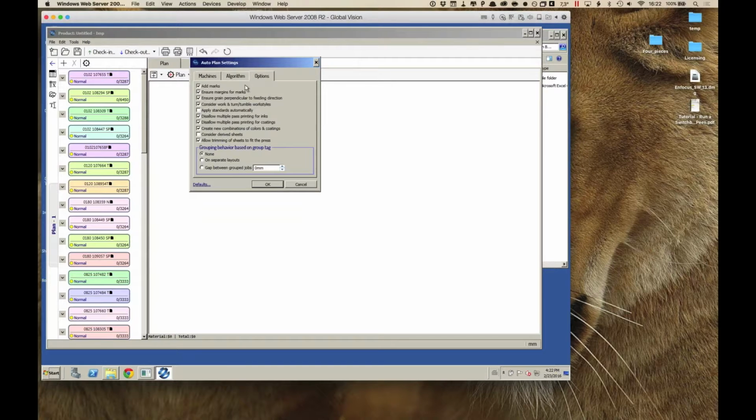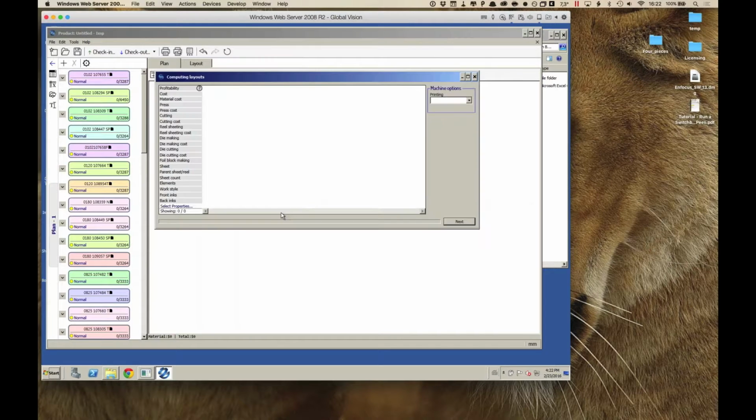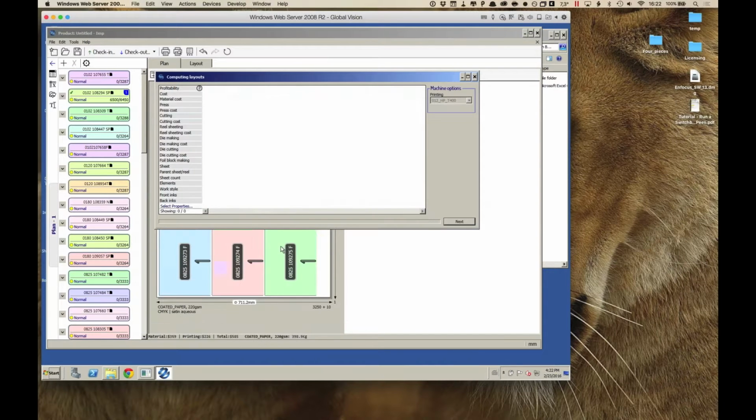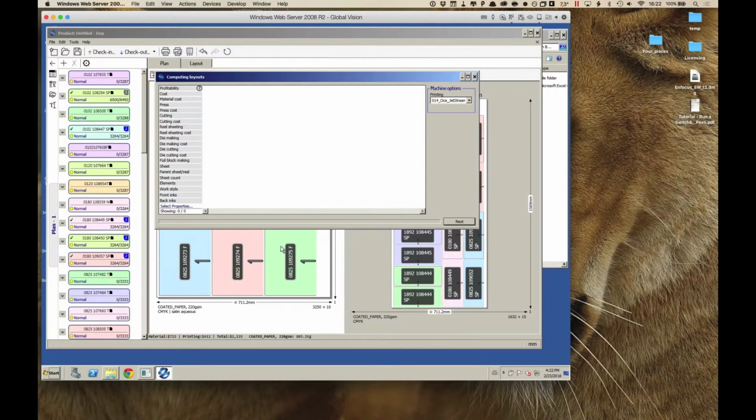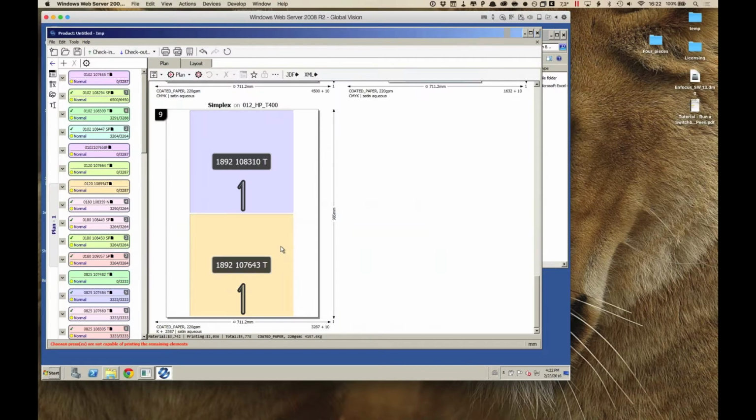And then some additional options, things such as grain direction and so on. So all of those can be set up. They can be made to default as well if you always have the same options. And then I can say plan, and this will take a few seconds because IMP is now going to make sure that all of these